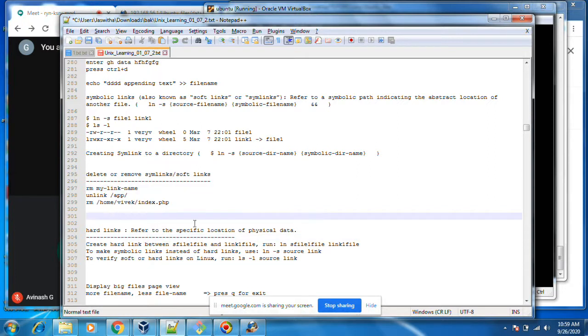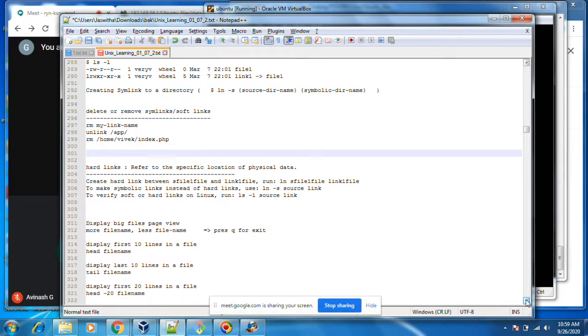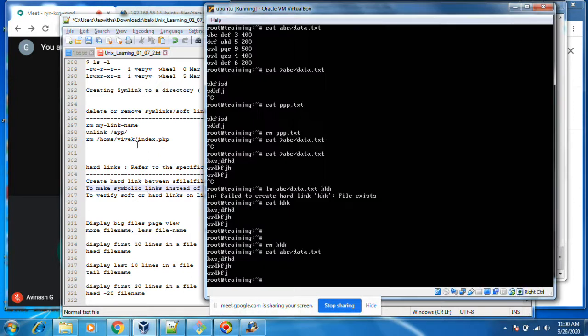That you can check on Google. You will get so many things. Okay, what is the difference? If I delete something, the source file will still be there with a hard link, whereas with a soft link, okay, some small difference I will tell you between soft link and hard link.